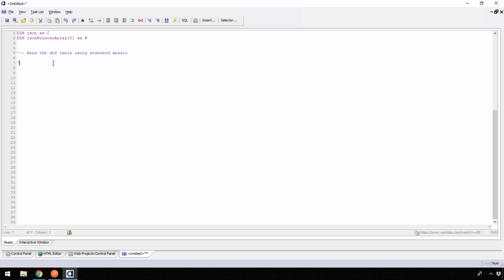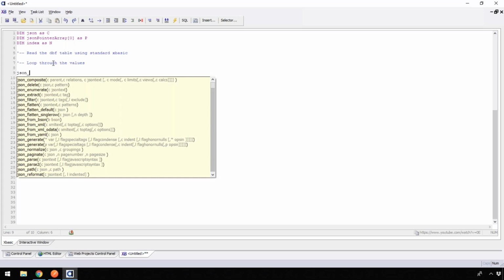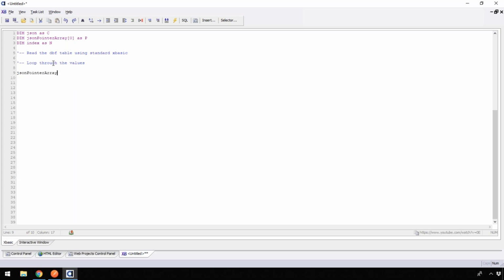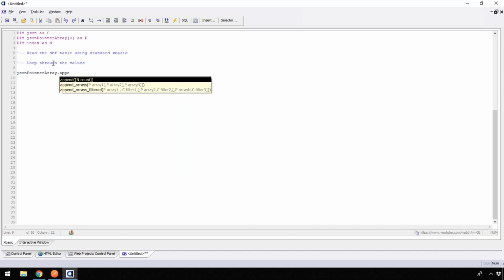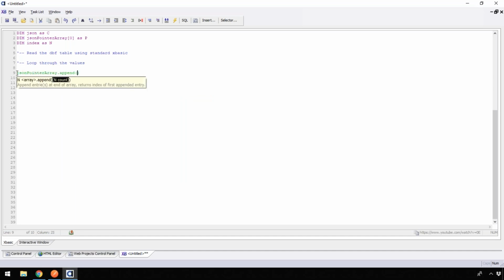The next thing I would do is loop through the values. This is how it would look in the loop. Let me do one other thing: dim index as N. The first thing you do is hit your first record, you say JSON pointer array dot append. I'm going to fake this just to do it, for instance index is equal to